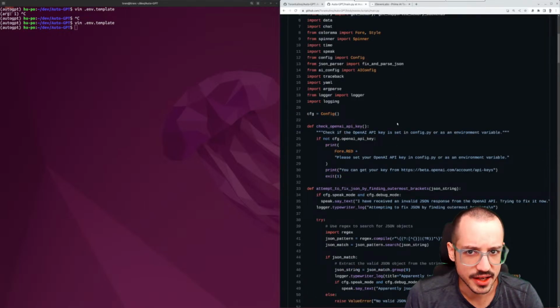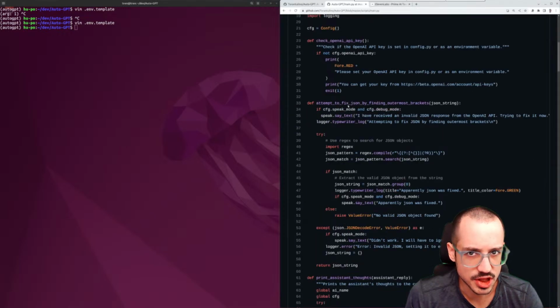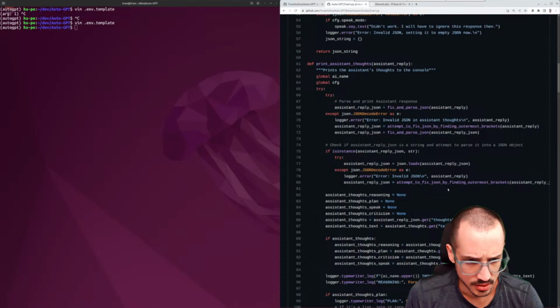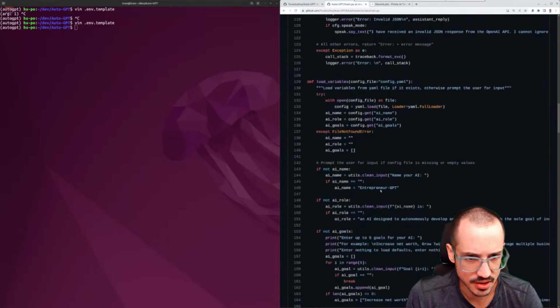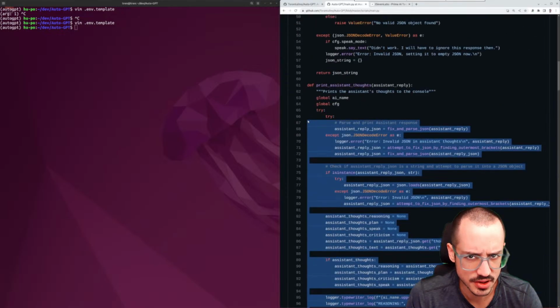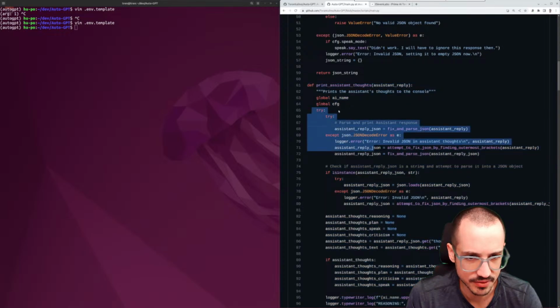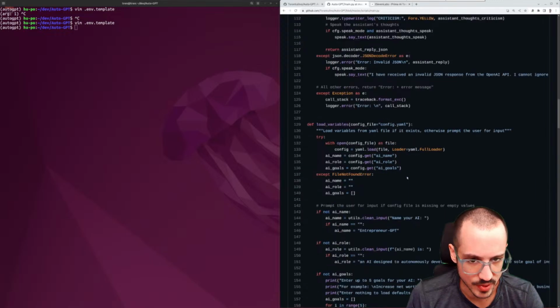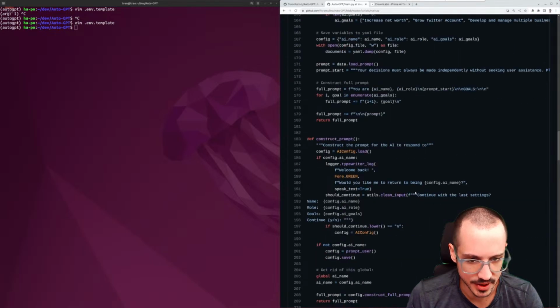Okay, check OpenAI key. Attempt to fix JSON. Okay, so a little bit of JSON magic here. Print assistant thoughts. Prints the assistant thoughts. Load variables. Try, except. This is kind of scrubby here. They're putting all their functions, they have everything in these kind of try except loops. That's generally not good practice to just wrap your entire code base into try except like that, but